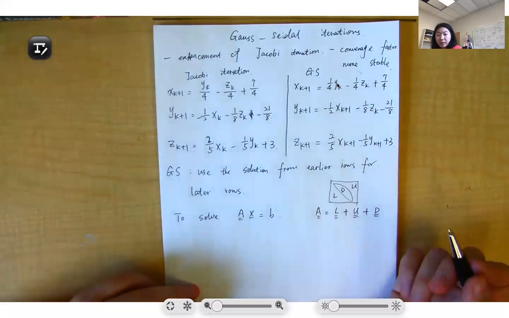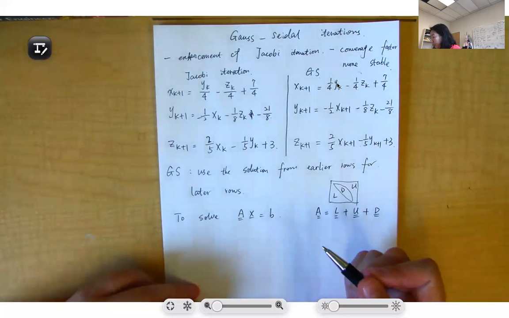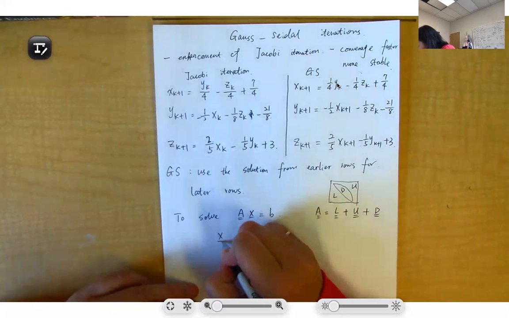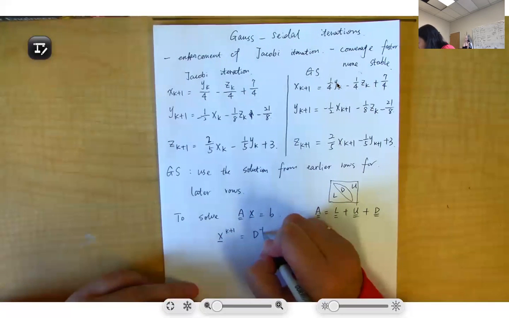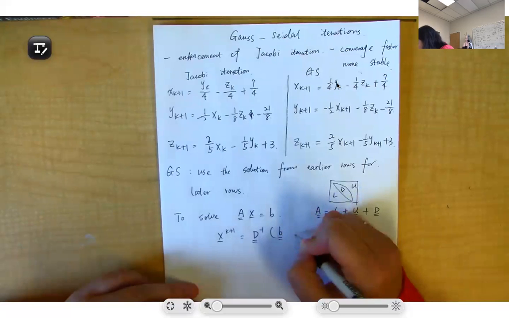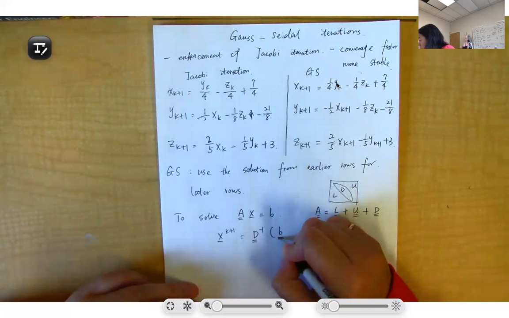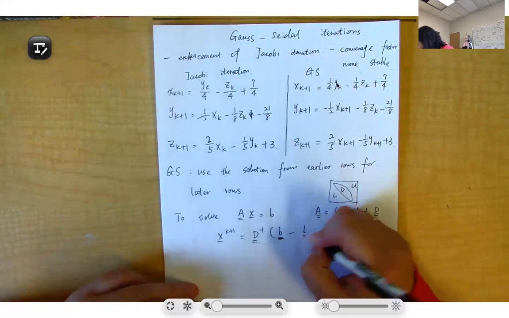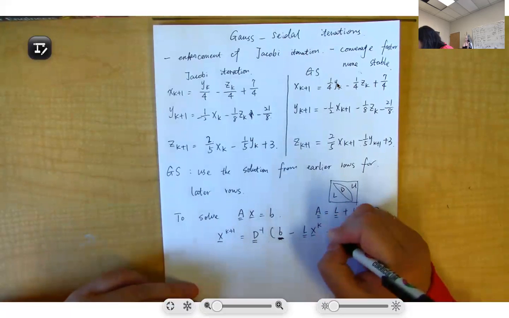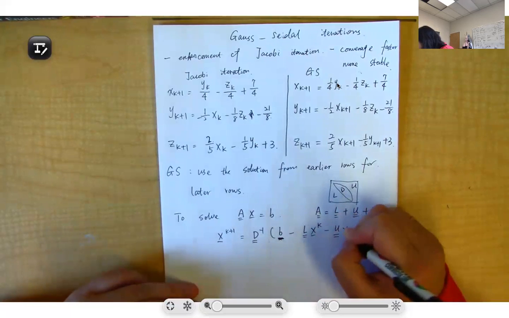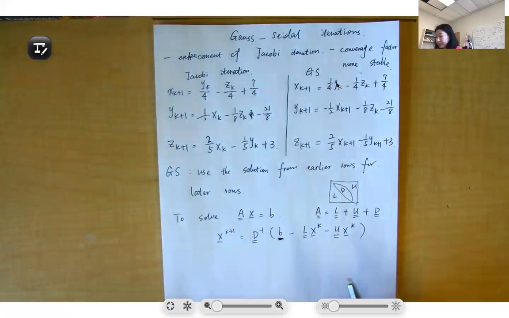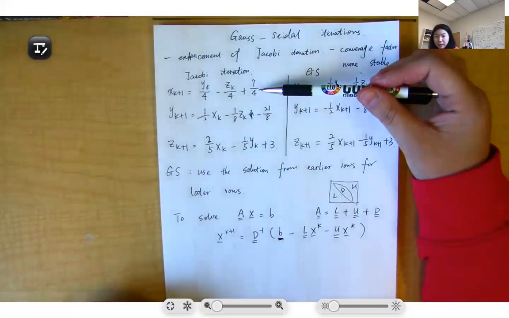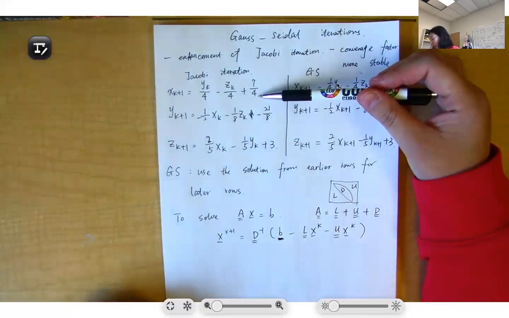Then what was our Jacobi iteration before? The Jacobi iteration, x_{k+1}, equals D inverse times B, sorry, the B vector, minus L x_k minus U x_k. So this is our Jacobi iteration. We just simply separate the variables and do the looping. But for the Gauss-Seidel,